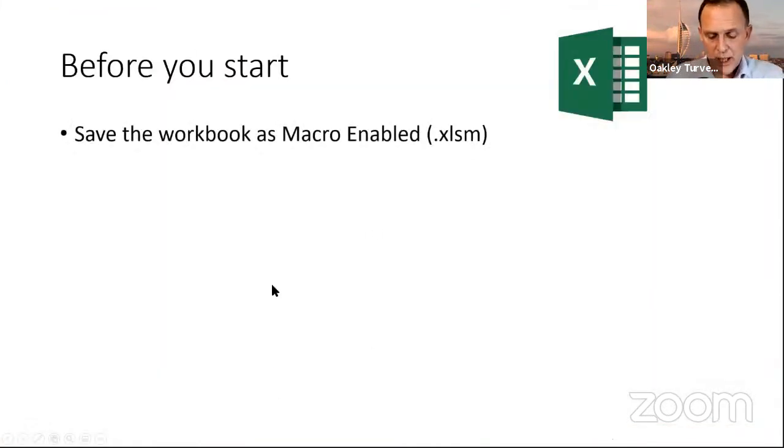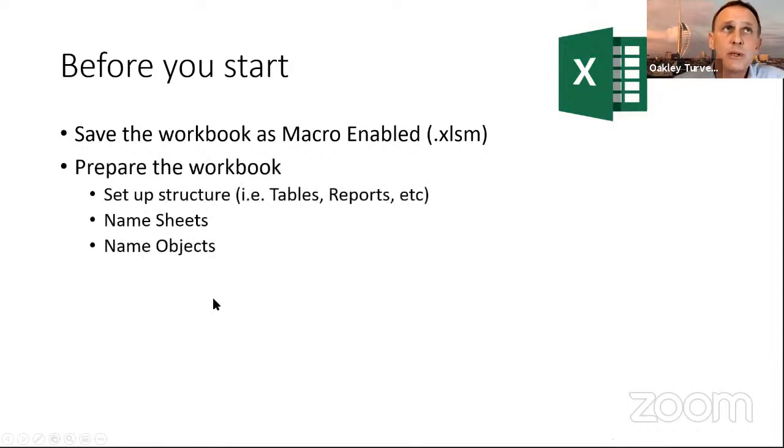First thing you must do is you must save the file as a macro-enabled workbook. One of the reasons for that is if you refer to that file whilst you're recording the code, it will refer to it by the name that it's currently called. So if you haven't saved it and it's still called Book1, and it doesn't have a file type of macro-enabled, your code is going to record it referring to that file with the bad name. So name everything properly, make sure it's saved where you want to refer to it from in your code before you start recording macros.